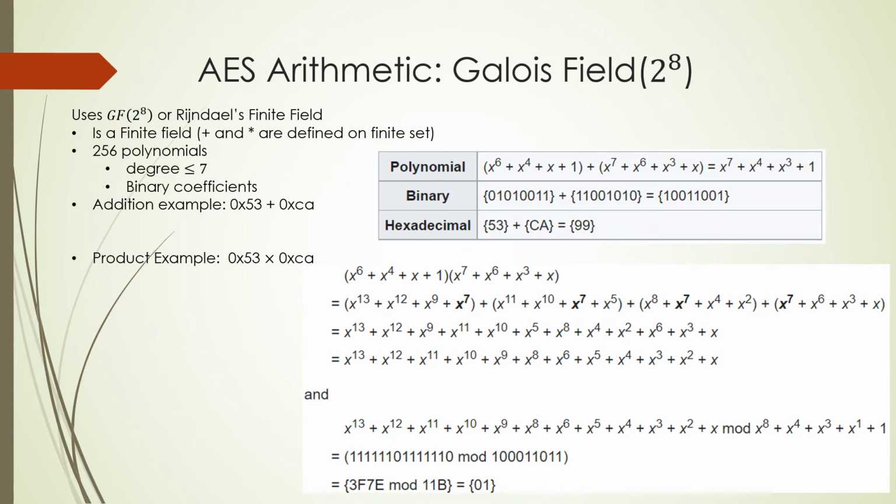It is made of 256 polynomials. So we have 256 polynomials with the following property: their degree is less than or equal to 7, and they all have binary coefficients. So imagine you have the following